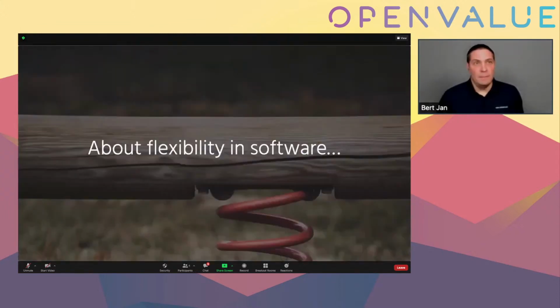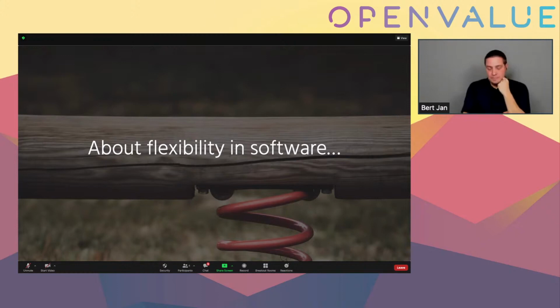So another story about, well, flexibility in software. I used to work for a company that did a lot for government projects. And I came into a project at a time that was already in trouble. So they were behind on schedule, and lots of people were working there, lots of developers, lots of testers, and they had trouble keeping up with all the incoming requirements and changes.